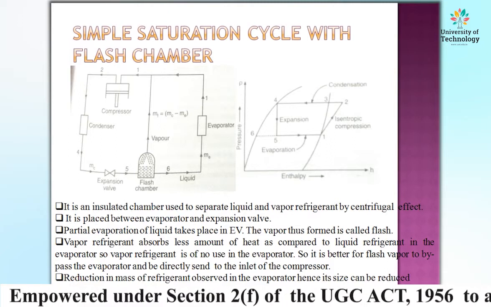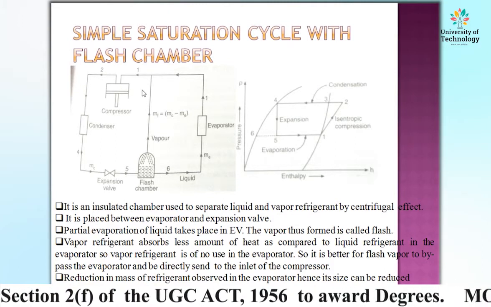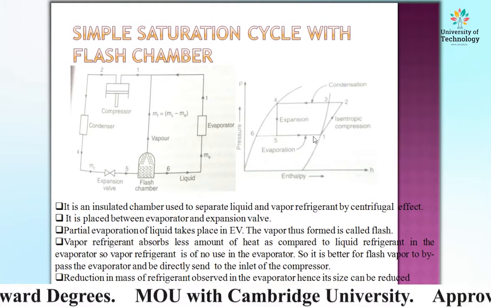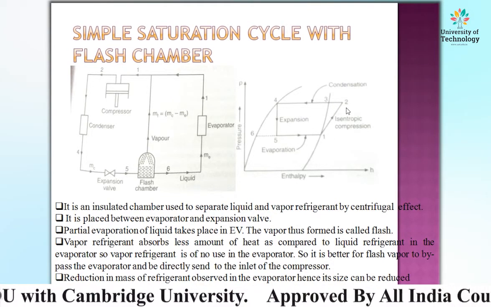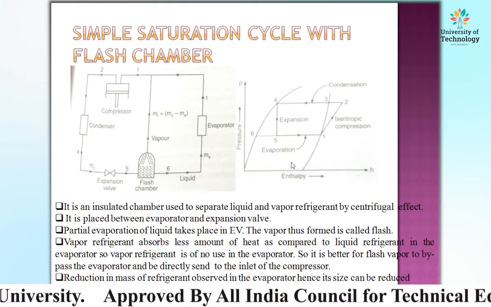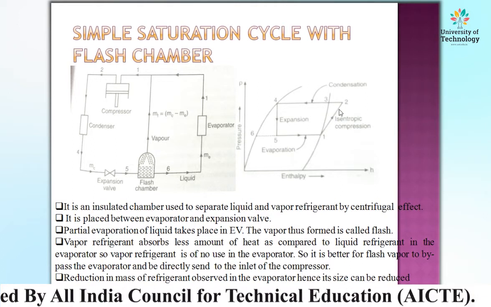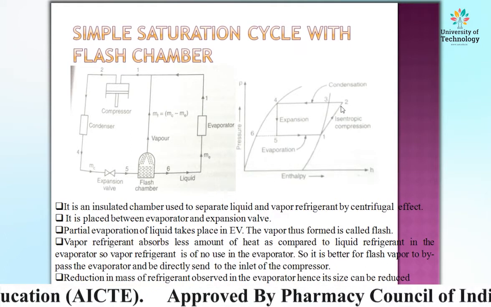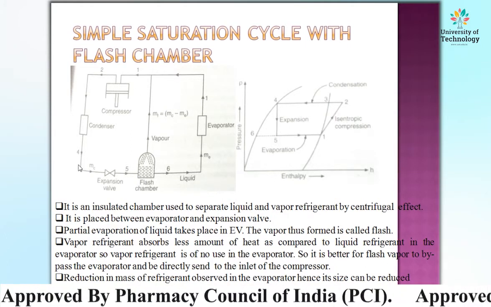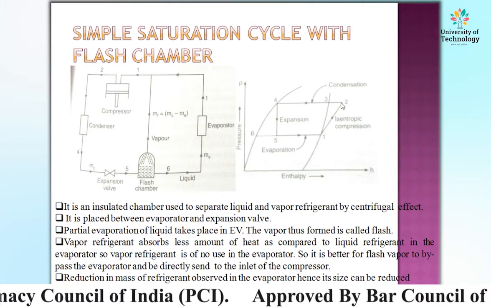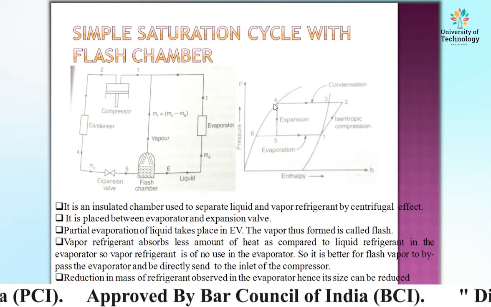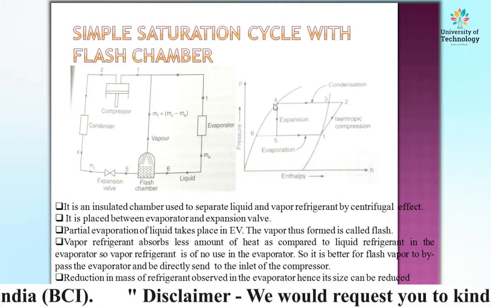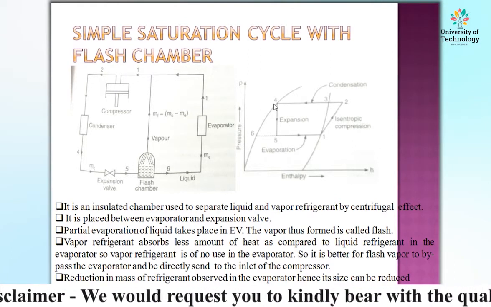1 to 2 is the compressor. In the compressor, we know that there is a reversible adiabatic process. This is a p-h diagram, pressure specific enthalpy diagram. A reversible adiabatic process is an isentropic process. Then in this figure, 2 to 4. 2 to 4 means condensation of superheated refrigerant in vapor form